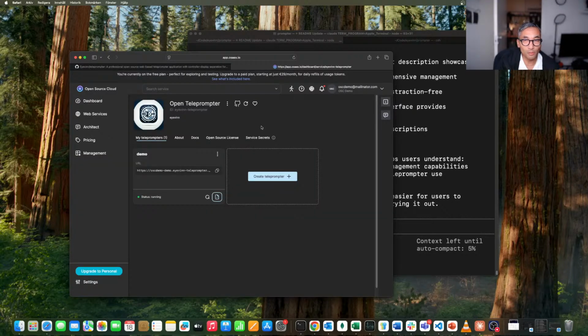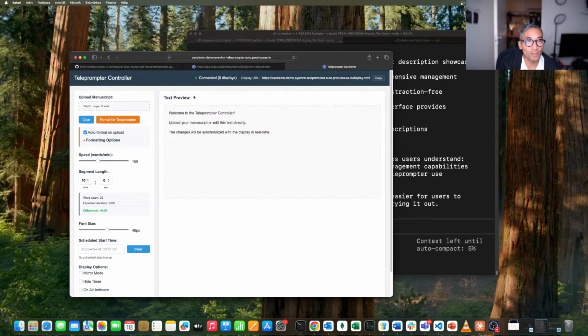All right, so available now in Open Source Cloud. And those of you who have followed me along for over 1.5 hours, we have developed a teleprompter application that we have published as open source and made available as a service in Open Source Cloud. So now I created an instance here. I can click on it. And here I have the teleprompter controller, and